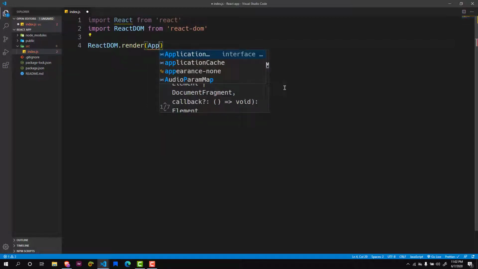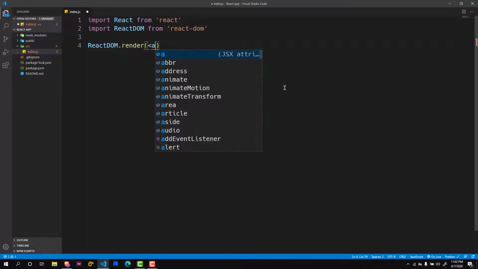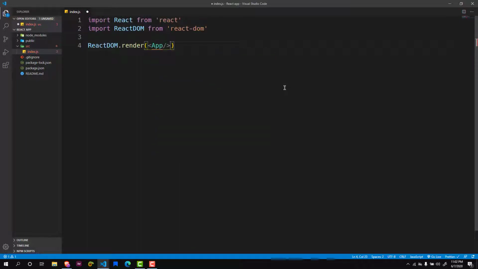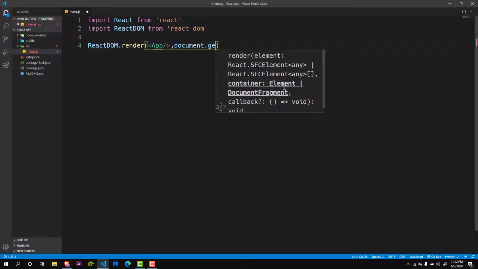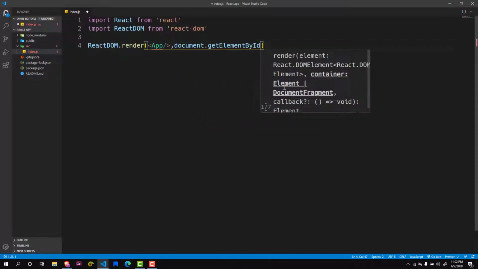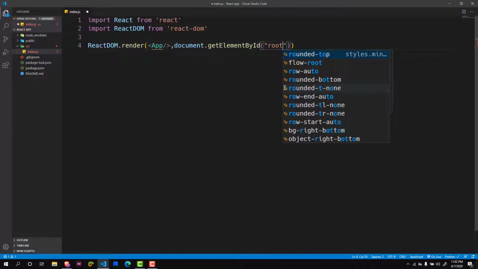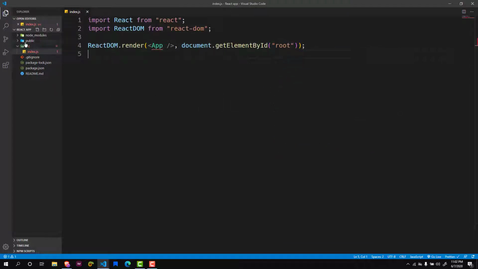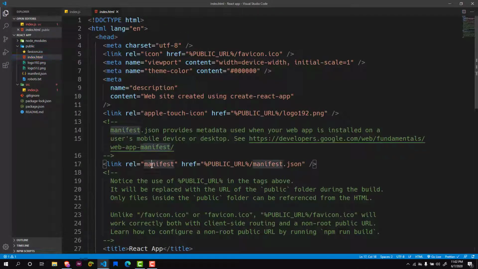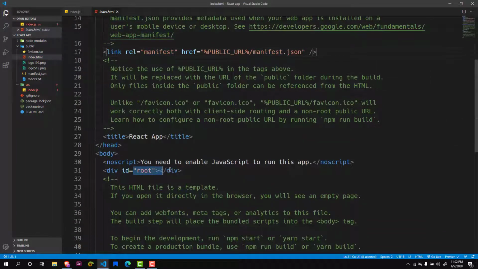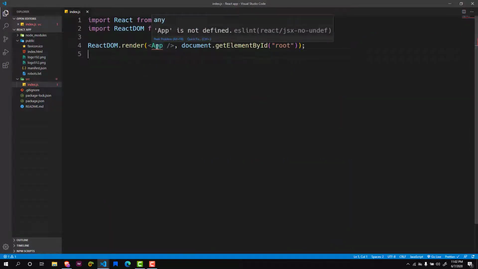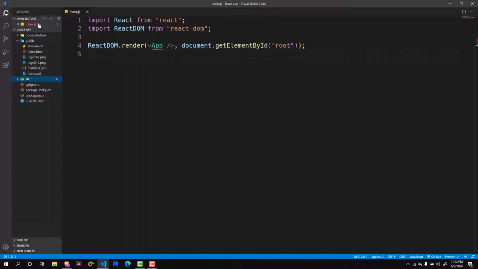So I'll just put App and close it up, and I'll put document.getElementById, and we'll get the root, which is going to be in the index.html in the public folder, which is right here. This is where we're going to be rendering out all our components. As you guys can see, App is not defined, so let's create